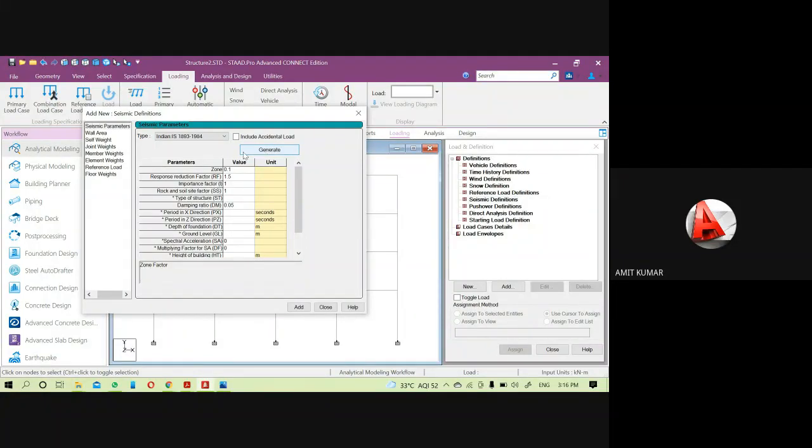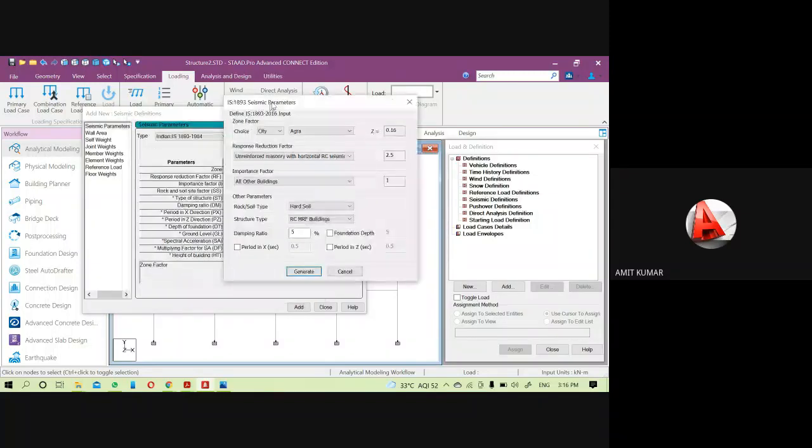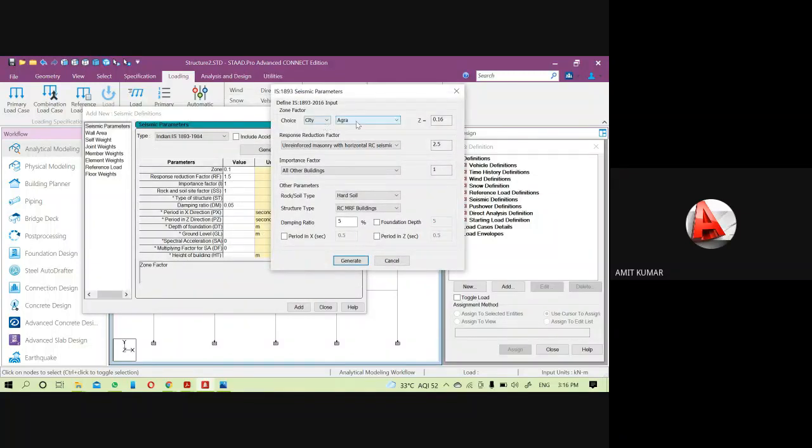If you can see here in the generate option, we have different types of zone factors. Mostly in this software, we can assign the zone factor value according to the cities also, or even you can select the zone factor value according to the zone values.